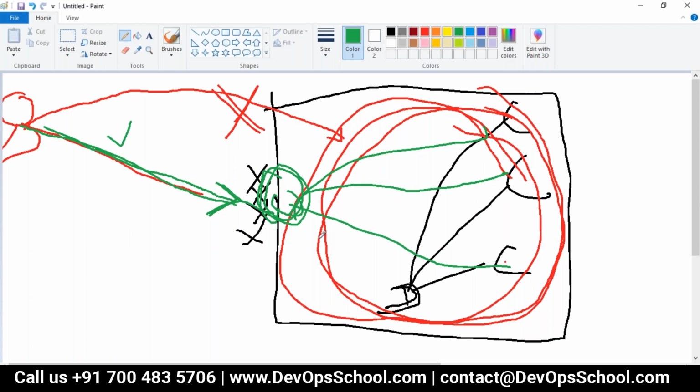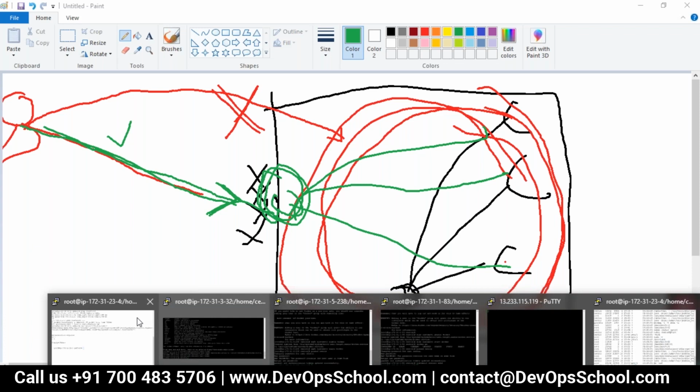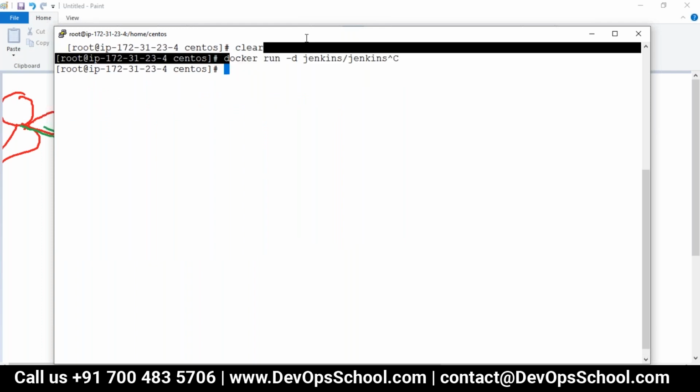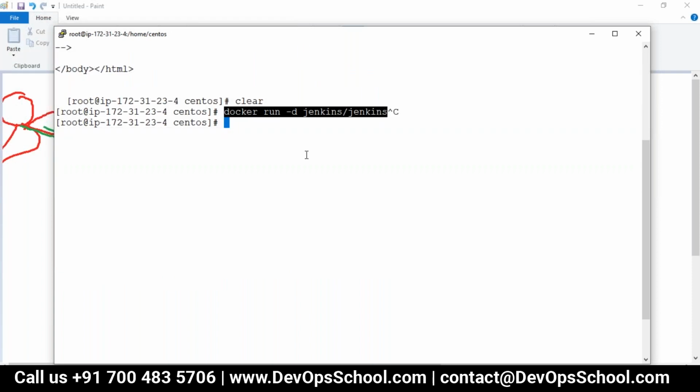But before that demo, did you understand that concept or not? All of you? Yes, got it. So guys, in Docker, they have given a command for exposing the port. See here, I tried this command last time, and the container was not exposed at all. But what I'm going to do is expose another container.